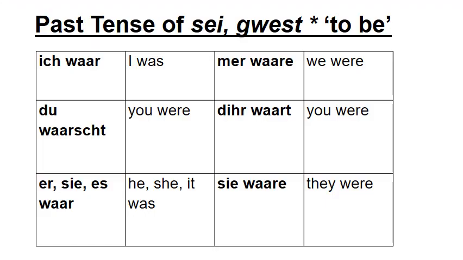So the main past tense form of the verb sei, gewest, which means to be, is ich war. Now you can use the past participle and say ich bin gewest, or grest, as a lot of people pronounce it with an R sound. That's definitely a form, and it has a slightly different nuance than ich war, but let's not get into the details too much, and let's look at the much more common form, which is ich war, I was.